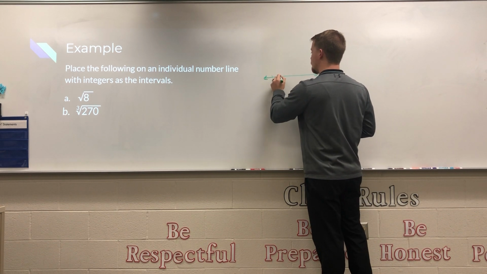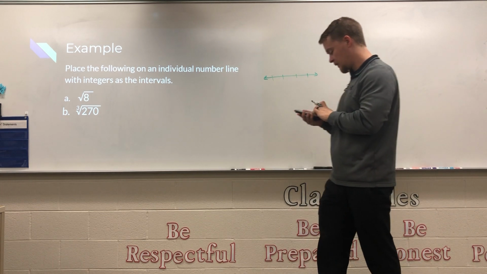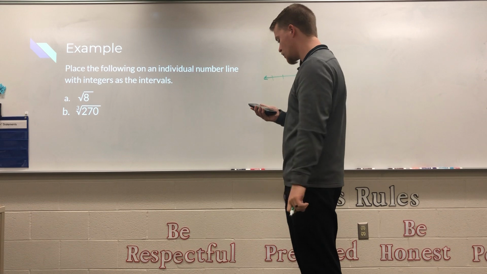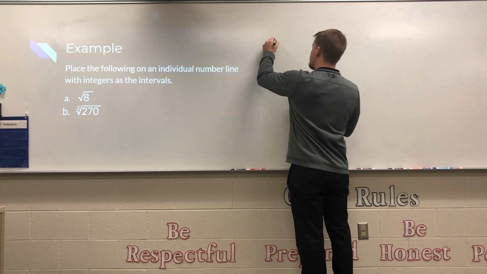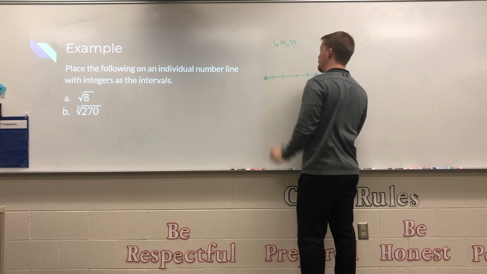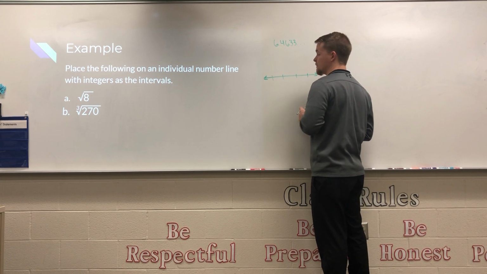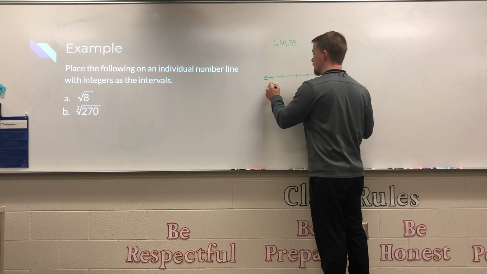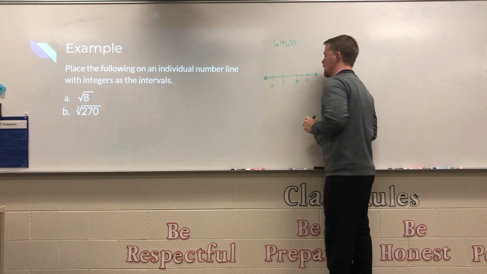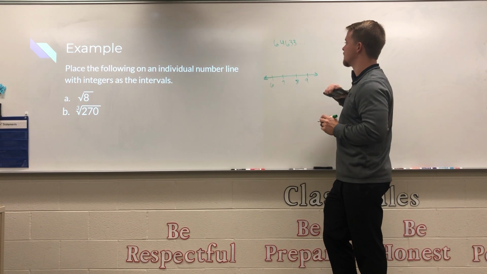The cube root of 270. So again, I'll plug in 270, find its cube root, and that is 6.463... So I know that we have 6.4, that's going to be between 6 and 7. So I'll just make the number line 6, 7, 8, 9. So again, 6.46,